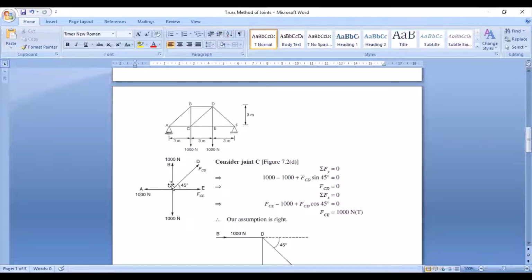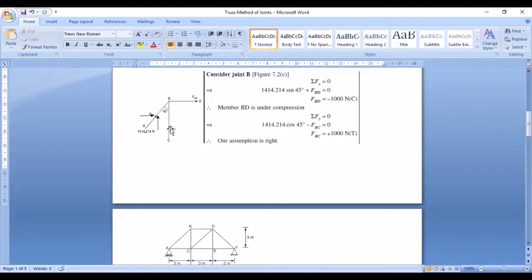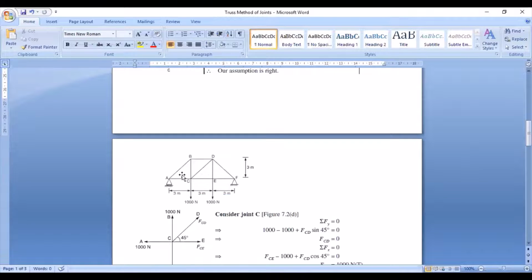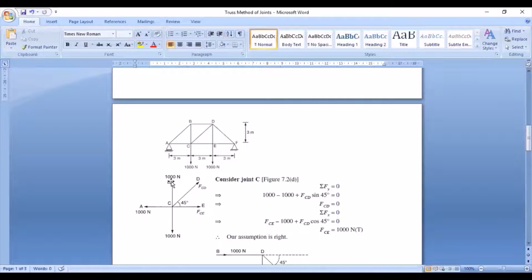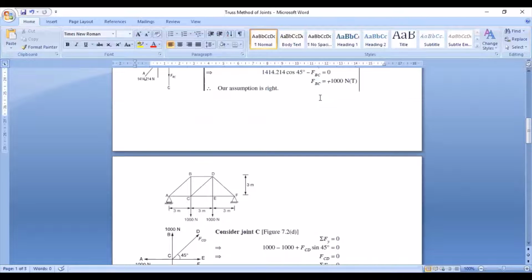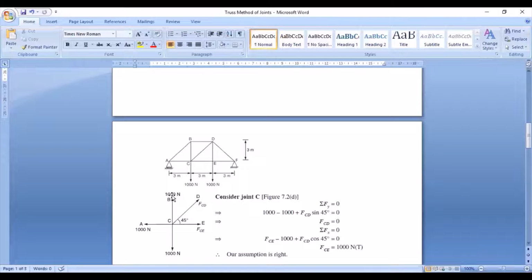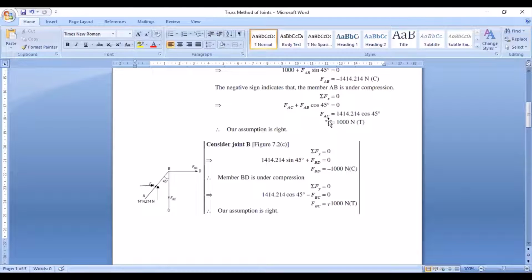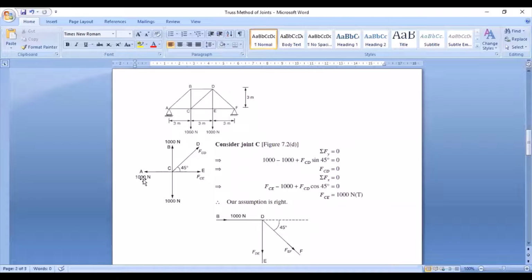Now let us come to BC now. BC also you have already calculated. Now in BC you found that this is right. So this arrow is moving away from B here. Therefore, here also it will be moving away from C, so that is why we have taken this with the upward direction, moving away from C. And magnitude you have already calculated, that is BC is 1000 Newton. So therefore I have written 1000 here. AC is also calculated, AC or CA is one and the same, and that is 1000 Newton. Therefore I have written 1000 Newton here.